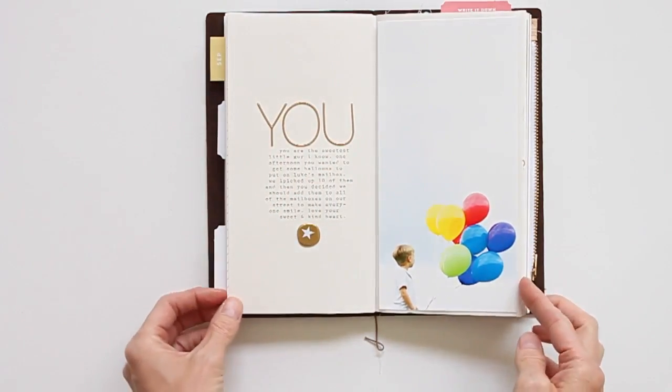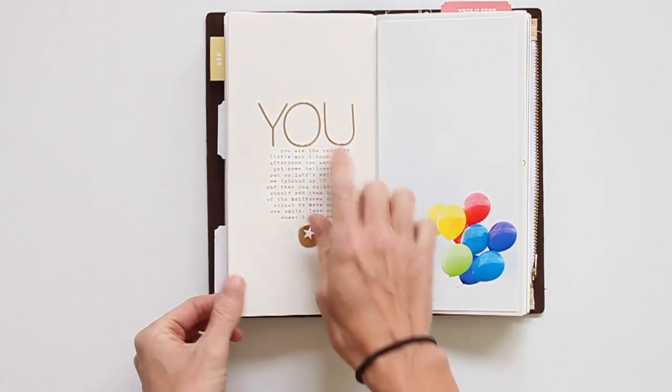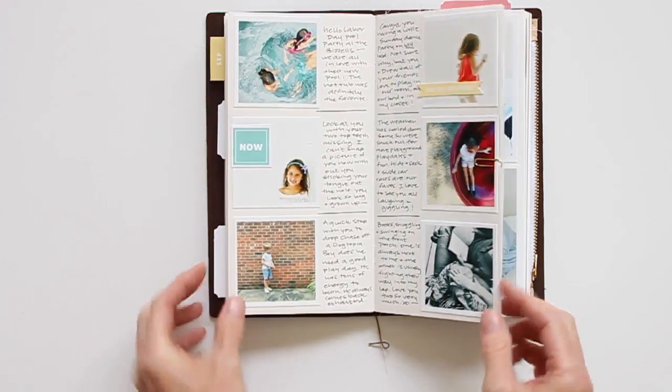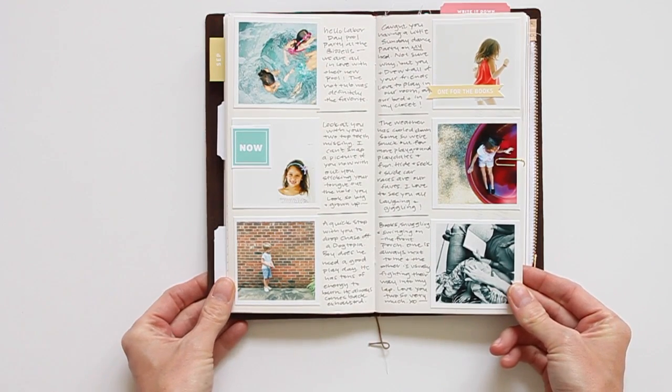Another full page photo here. Again, I ripped another page out and typed my journaling and adhered it right into the book there. And the full page photo of my son. Same thing as a few pages back, another collage, and I got,